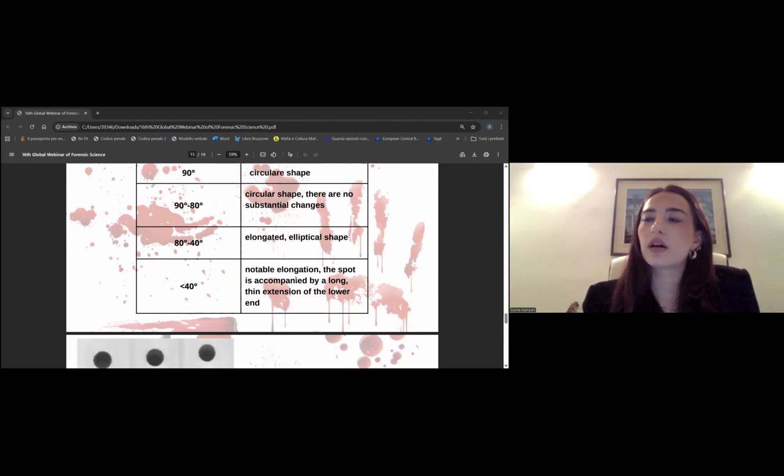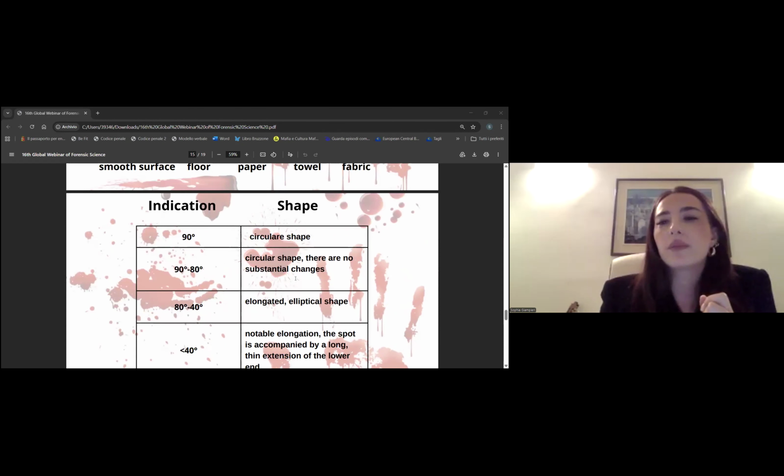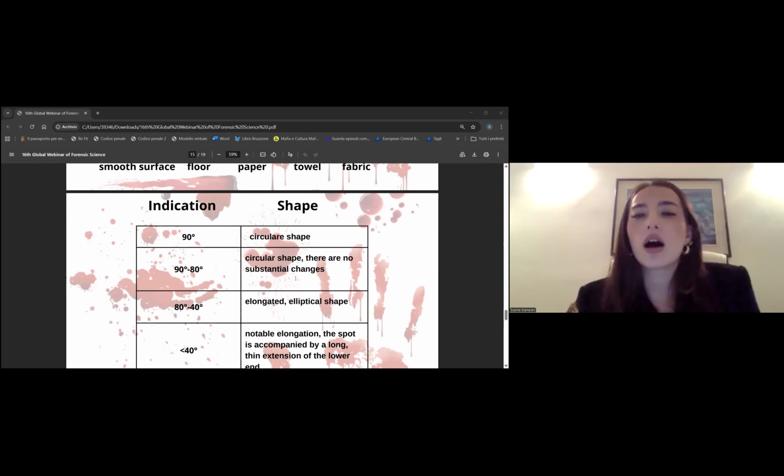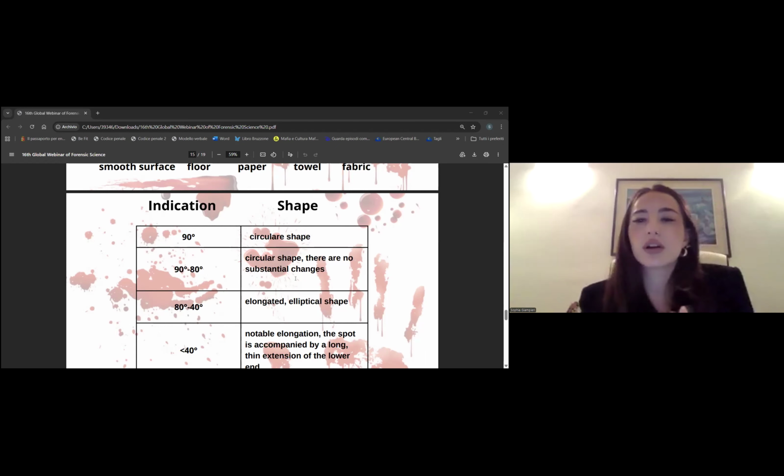In general, a drop falling vertically on a horizontal plane, with respect to the surface at 90 degrees, generates a spot of essentially circular shape. As the inclination increases, going towards an inclination of 30 degrees, the shape turns out to be increasingly elongated until it is oval in shape with extensions. We have projected a table that reports in a very general way the various